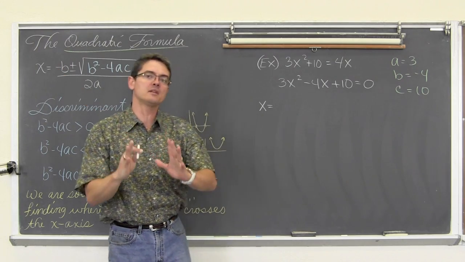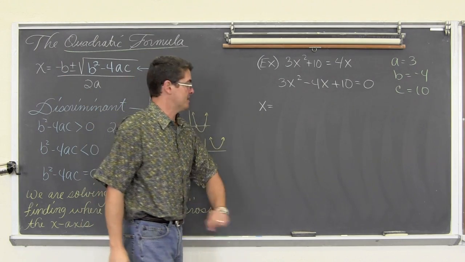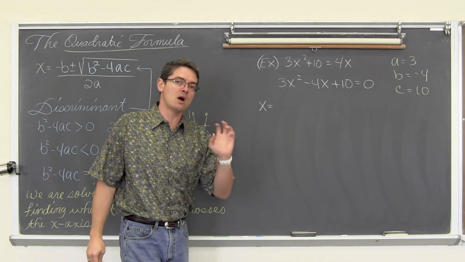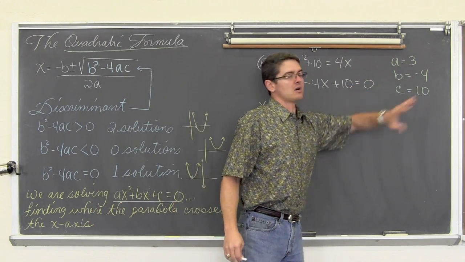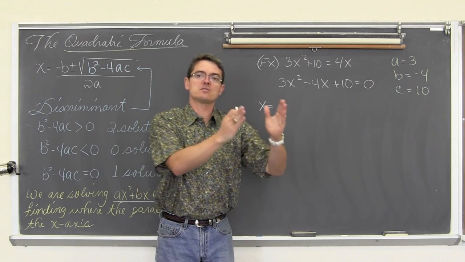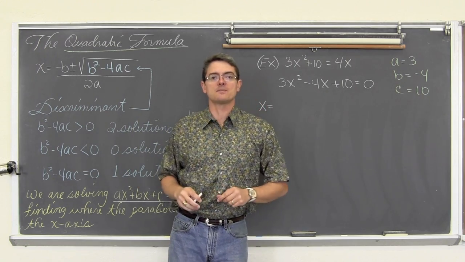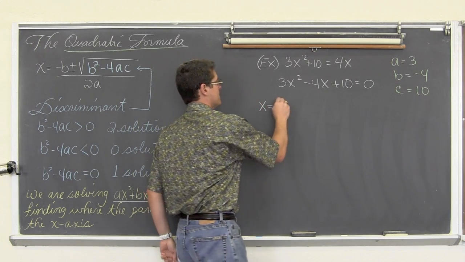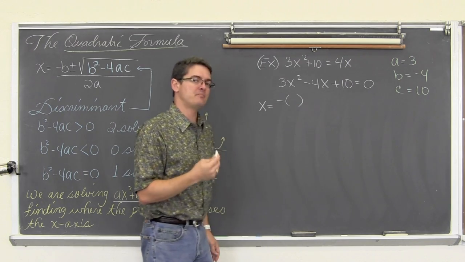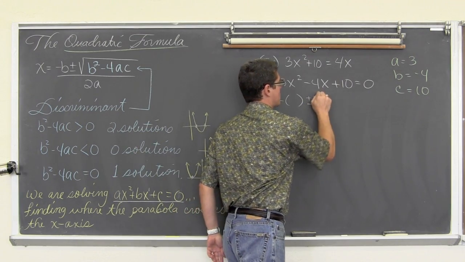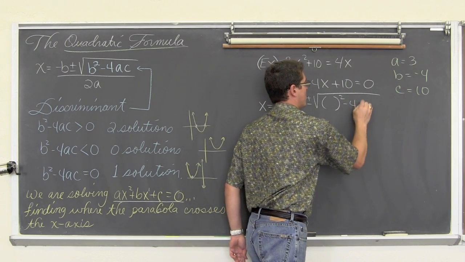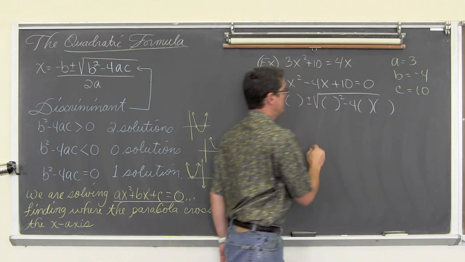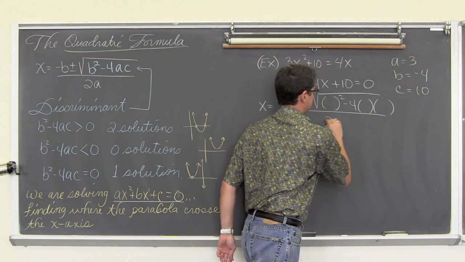So, before you even worry about what the numbers are, I suggest doing this. Write the quadratic formula out, and don't even consider what these numbers are. Just leave a set of parentheses everywhere there's a variable, and then do your substitution. So, x equals negative b, or the opposite of b, plus or minus the square root of b squared minus 4ac all over